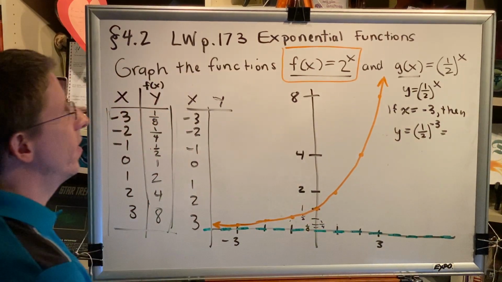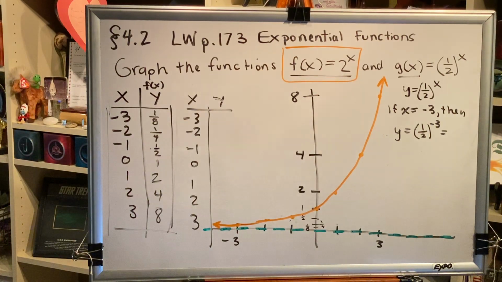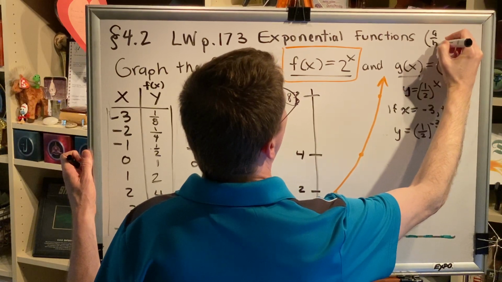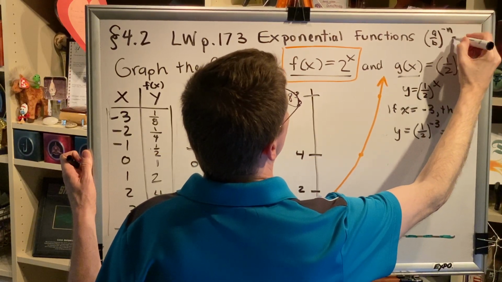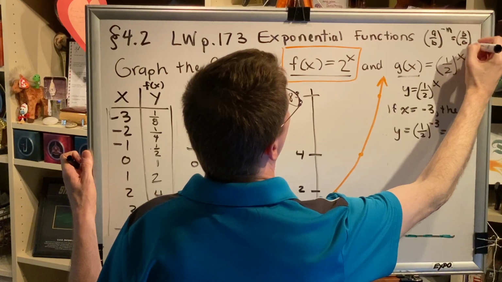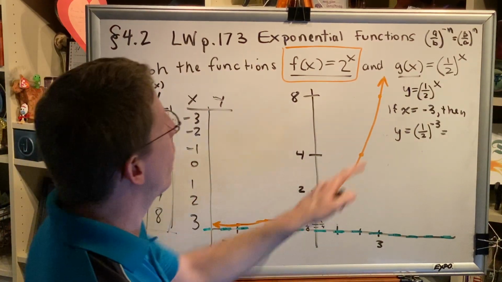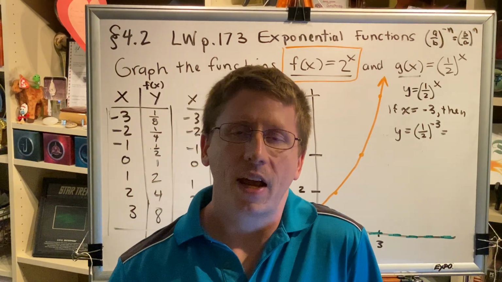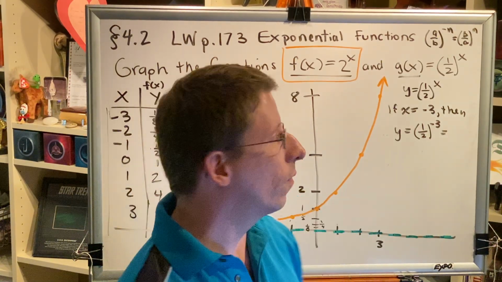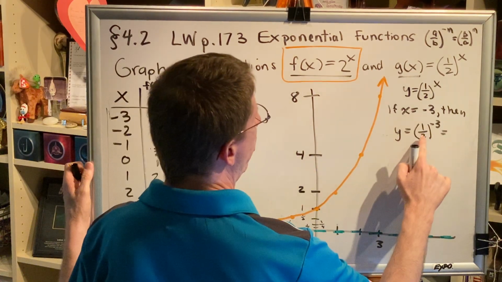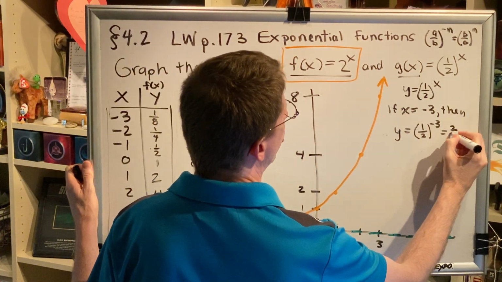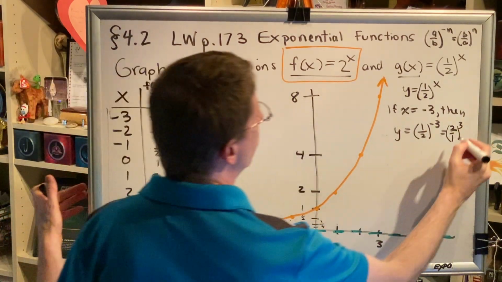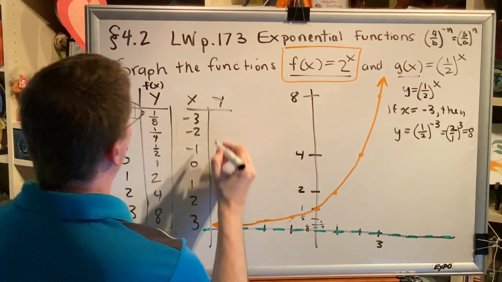Now, before we simplify this, let's remind ourselves of another convenient rule from intermediate algebra. We have the following rule. A over b to the -n is the same thing as b over a to the +n. In other words, when you have a fraction raised to a negative exponent, you can just flip that fraction over and change the sign of the negative exponent to positive. So that's what we're going to do here. Instead of 1 over 2 to the -3, we'll have 2 over 1 to the +3. Well, 2 over 1 is just 2, and 2 cubed is 8. So we get the value